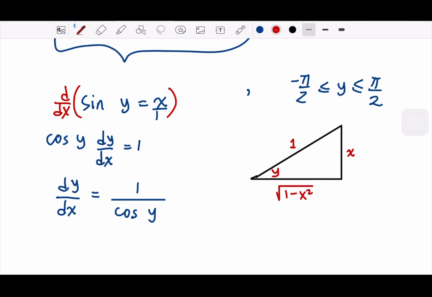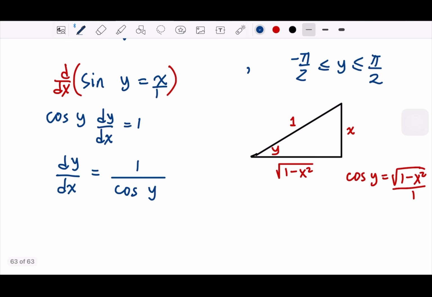Now what is our problem? Our problem is cosine y. We need to exchange cosine y with this from this side. Cosine is what? This over this, right? So we could write down, cosine y is this over 1 like that. So dy over dx, or d/dx of sine inverse x, is equal to 1 over,